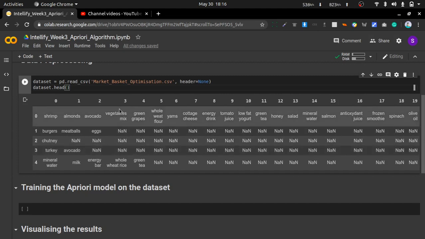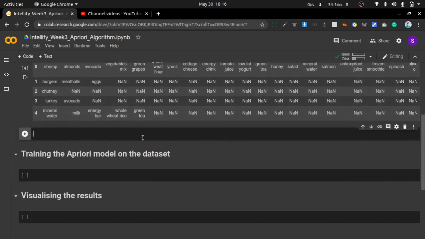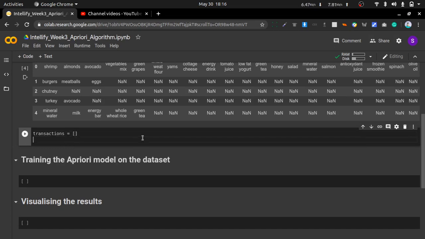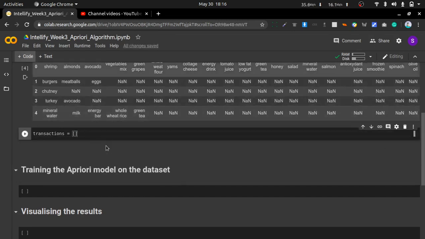That's why we have to convert this data frame into a multi-dimensional array. For this I will include one code section, and then I will make one list, which will contain our multi-dimensional array. Let's initialize this list to empty.